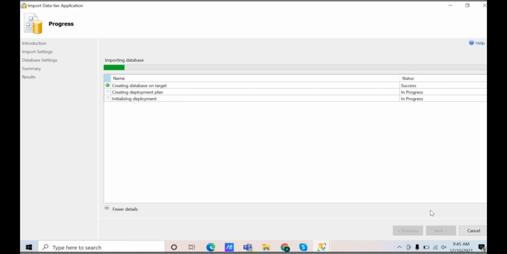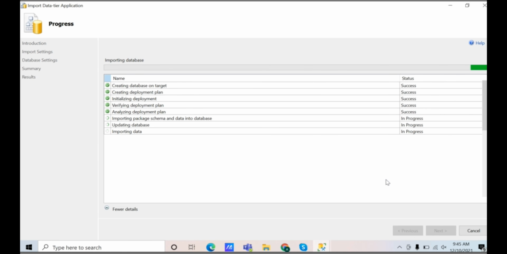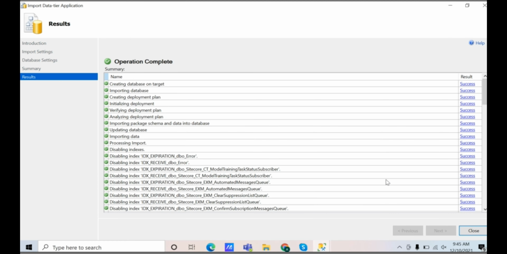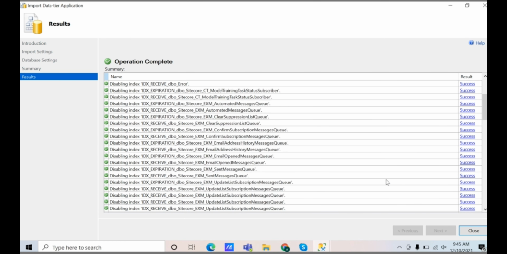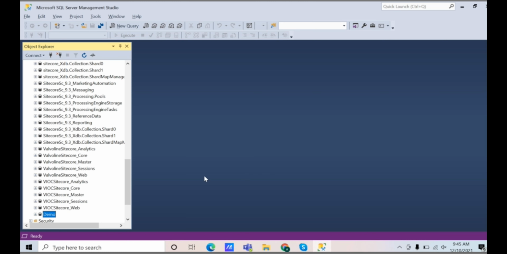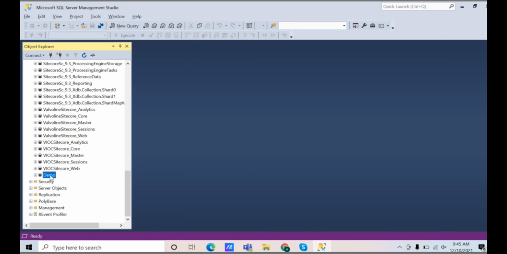It will create all the database data present in the bacpac file, and the database schema present in it will be restored in the SQL Server. In this way we can restore our database. So we have learned creating and restoring the database in SQL Server.